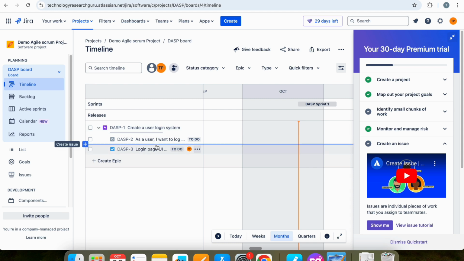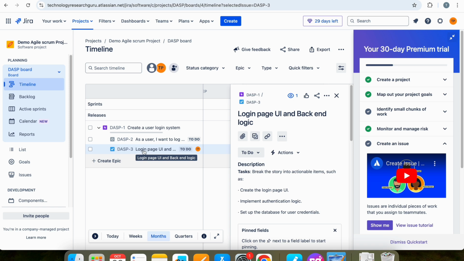This epic and user story will be created by the product owner or a business analyst, right? And a task will be created by the developer. They can break down this story into tasks and they can estimate how much time is required for completing the task, right? Whenever a tester is, let us say, testing this particular login page UI,